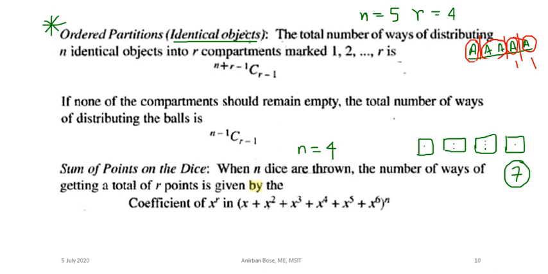The number of ways will in general be the coefficient of x to the power r in the expansion of this. This is the most general way, but we'll come back to how to find out these kinds of problems in competitive examinations, because finding the coefficient of x to the power r in this expansion is laborious. We'll see the shortcut technique when we solve this problem of dice. Just remember, we will get back to it, but this is the general formula that you can remember.